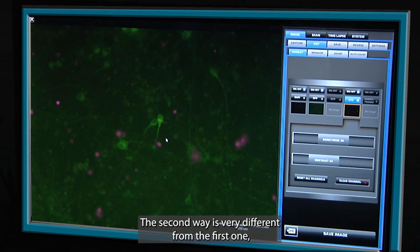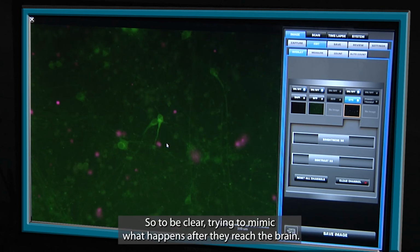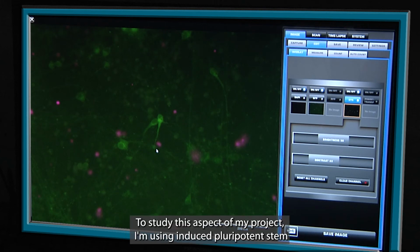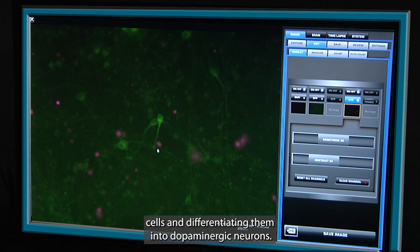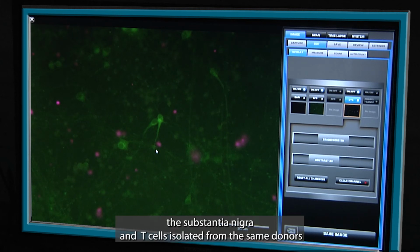The second way is very different from the first one, as it is about the study of T cells in the presence of neurons. So to be clear, trying to mimic what happens after they reach the brain. My main questions being, will they attack them? Will they unexpectedly protect them? To study this aspect of my project, I'm using induced pluripotent stem cells and differentiating them into dopaminergic neurons, so the black neurons I showed in the first cartoon, which compose the substantia nigra, and T cells isolated from the